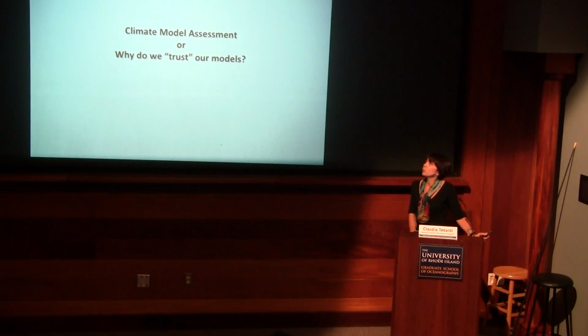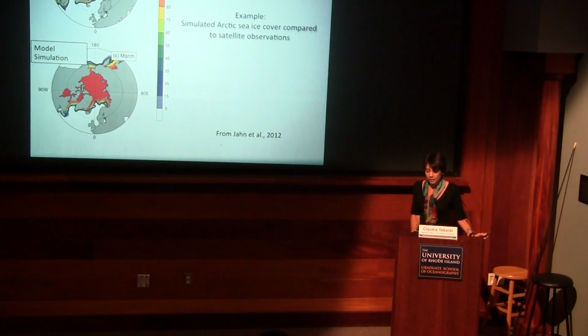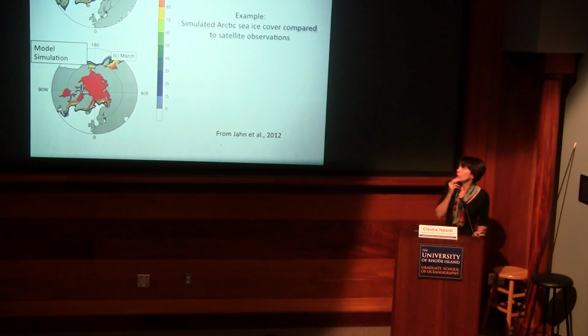Okay, so why do we trust these models? Well, these models are run over the current period as well as the future. Over the current period, we actually have observations, and we can compare what comes out of this model. So here are a couple of examples of things that come out of these models. Of course, these are not weather models, so they're not supposed to tell you exactly what happened on a specific date of a specific year. They are used to look at statistics, and that's why I have a job in this area,